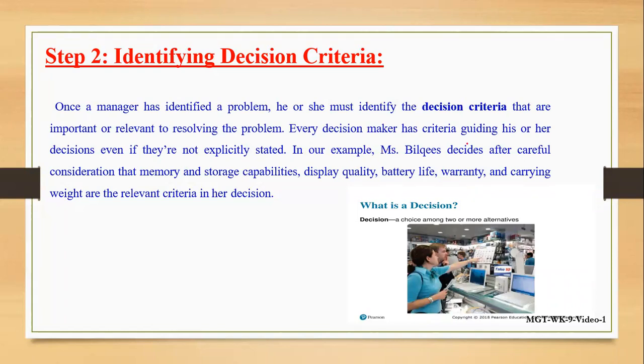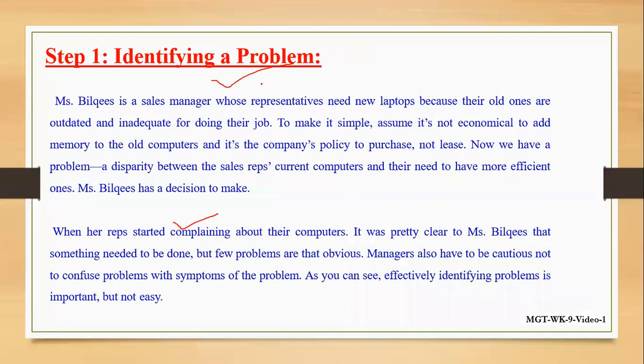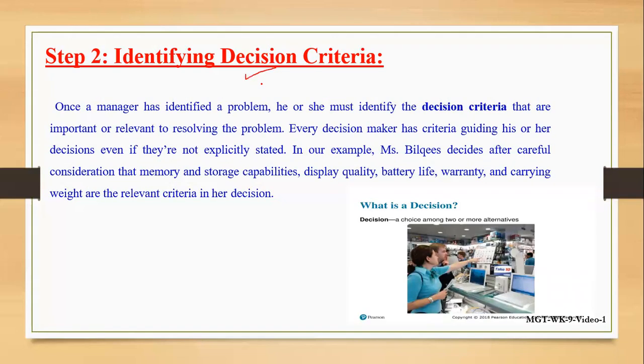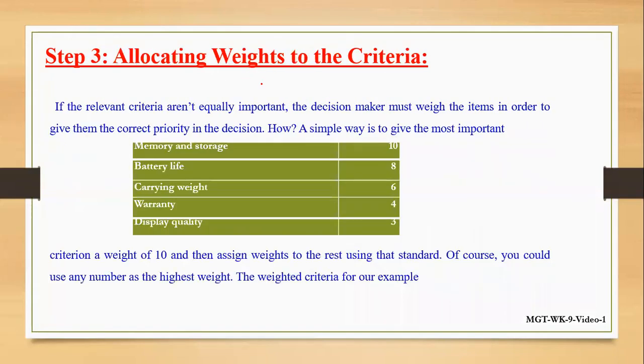That is, what decision we have to take specifically. The decision criteria is also known as how we can find out the solution. What's the solution regarding that problem? So what the problem is, what the solution will be, and for that solution what we have to do. That means you allocate weight to the criteria. The specific solution you have found out, in what sequence you have to take it forward in terms of a set of steps, and what weightage you have to give it. So that is about the third one.